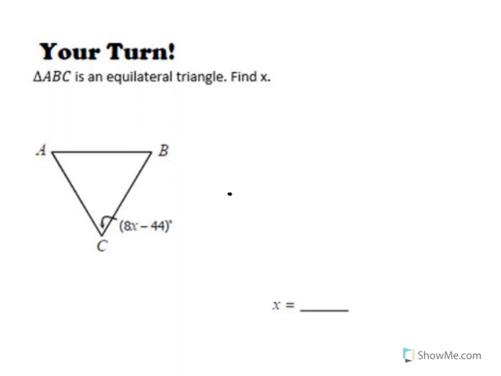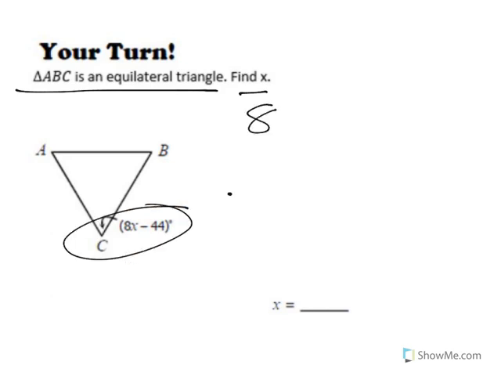Okay, so this one's a little similar to the last one. We're told if ABC is an equilateral triangle, find x. Well, we've already established in equilateral triangles, all angles measure 60 degrees. That being the case, well, that angle has to equal 60 degrees. So all I have to do is set up this equation, 8 times x